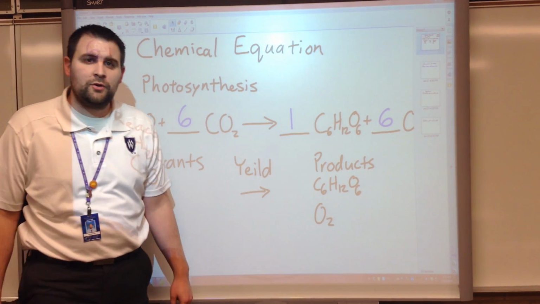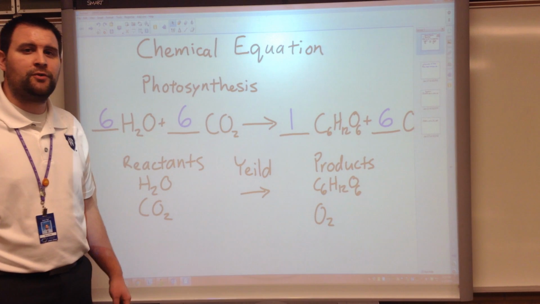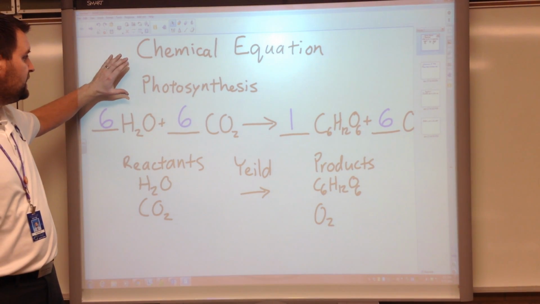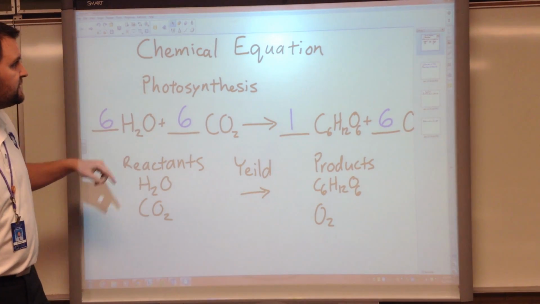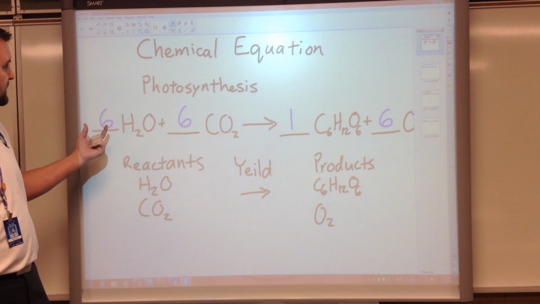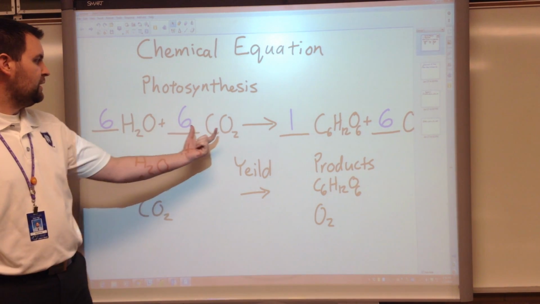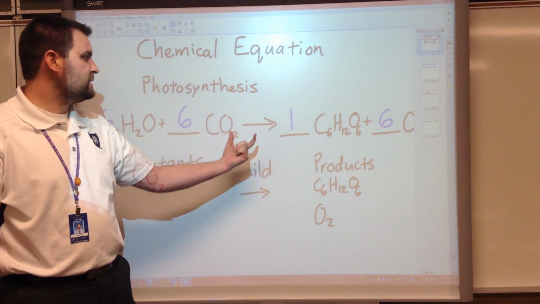Alright, so today I'm going to show you how to balance chemical equations. To start off, I'm going to introduce some of the parts of a chemical equation. So to start off, here is an example of a chemical equation. This is photosynthesis. Photosynthesis is when plants bring in H2O, which is water, CO2, carbon dioxide, and yields or makes